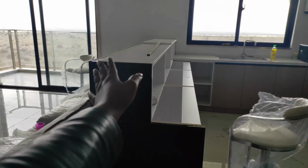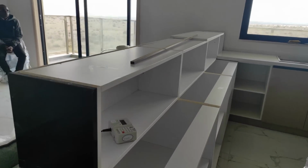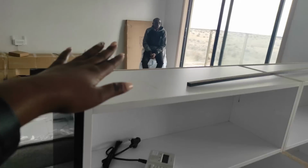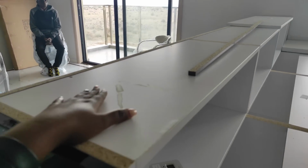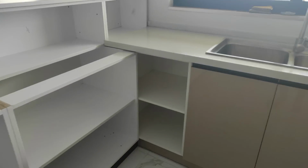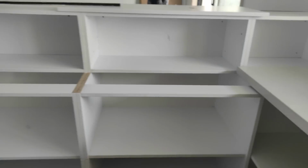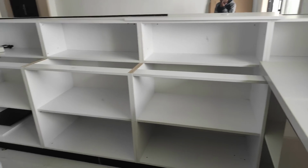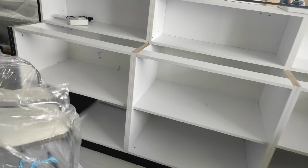Imebaki granite. We are only left with putting the granite on top here, and another granite on top here, a granite that matches this one. It's like this granite countertop, so that you can have that seamless flow. So what I'm saying is the fundi